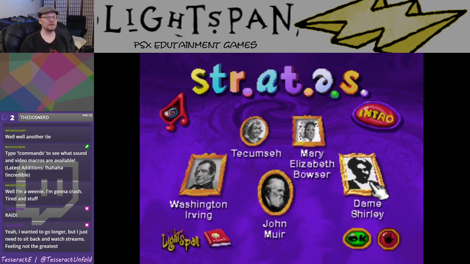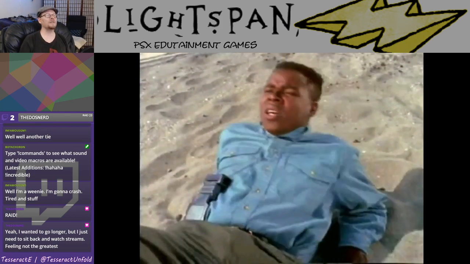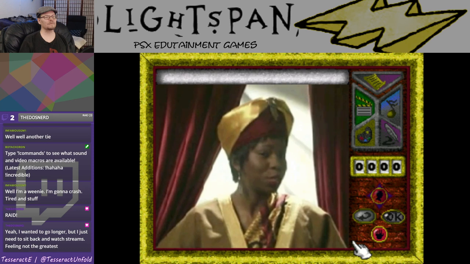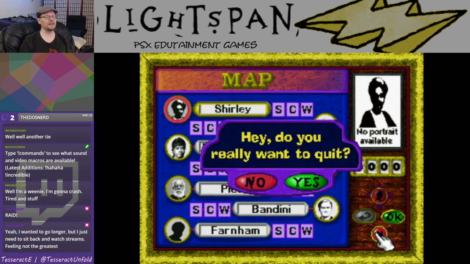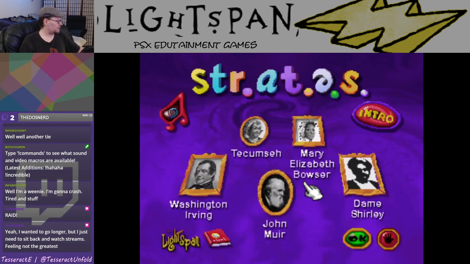Unless each of these are different. I gotta check that really quick, because I clicked Mary Elizabeth. Oh, wow, each of these is different. Okay. So, you're in... Wow. Okay, this disc has a lot of stuff on it then. Hey, do you... Well,